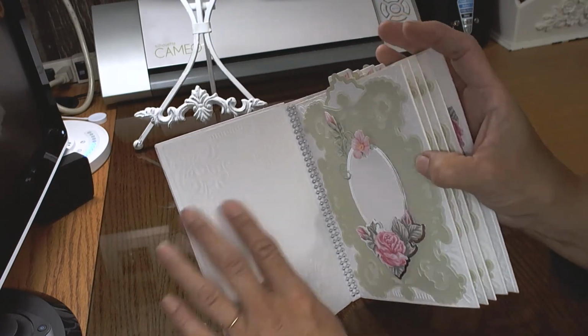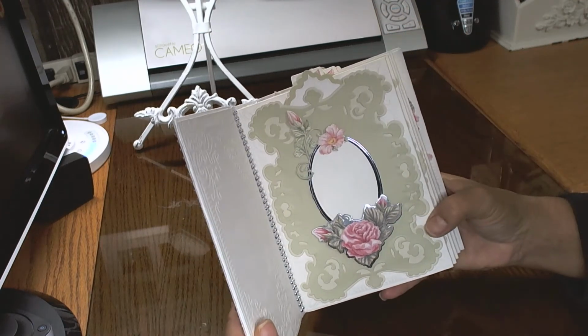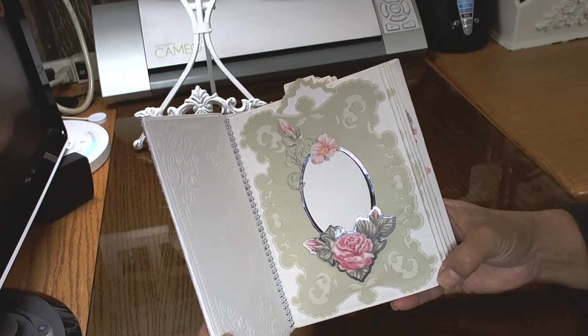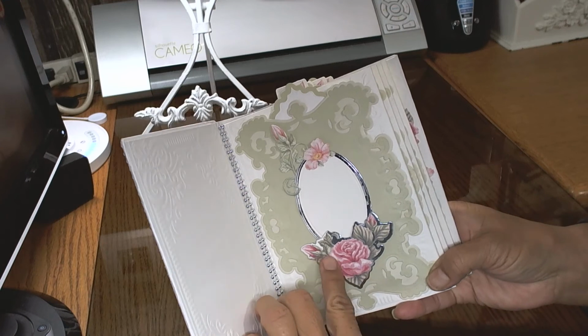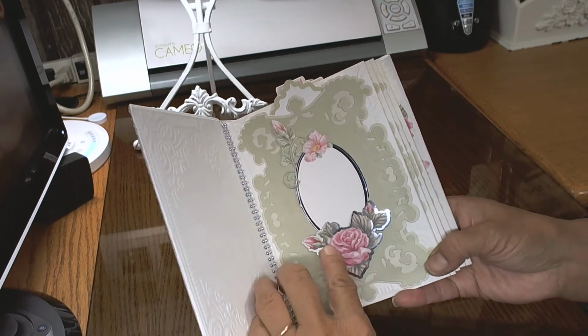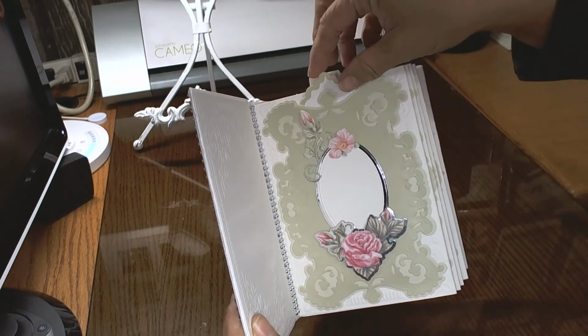And then I used that pretty silver beading here. And then on the first page, you will see the other die from the album set from Anna Griffin, with the oval. And then here are the Carnation Crafts Vintage Blooms sets that I used, and I snipped, and I backed this one with silver. And then you pull out